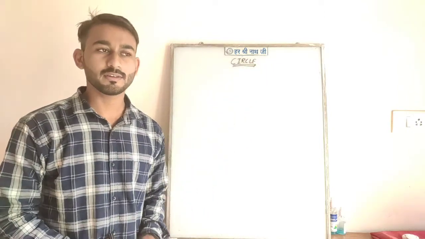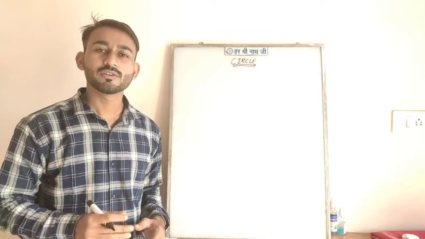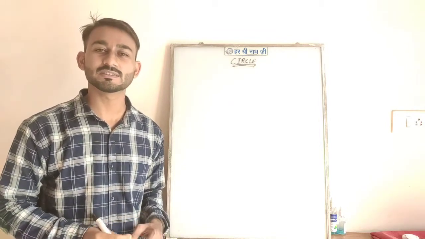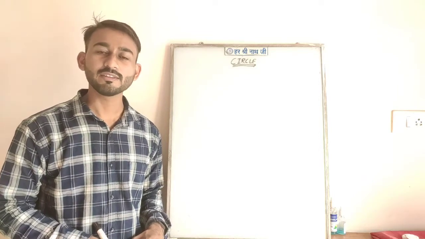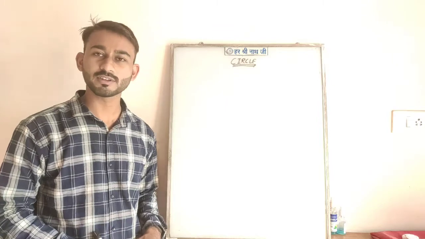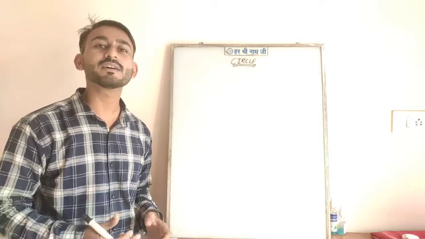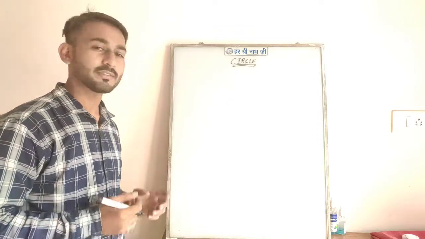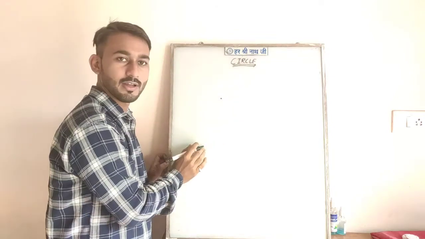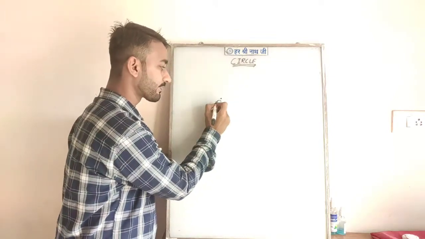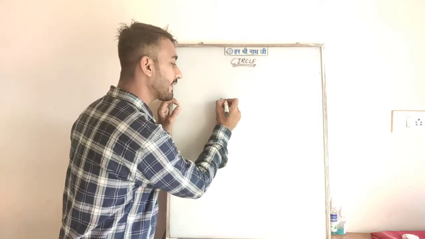Like in previous classes and chapters, we might have studied about 3 to 4 different types of figures, be it square, rectangle, triangle, and so now it's our turn to study about circle. Now, what actually makes a circle? Let's see that. Suppose I fix a point. This is a point O, and suppose I take a random distance.